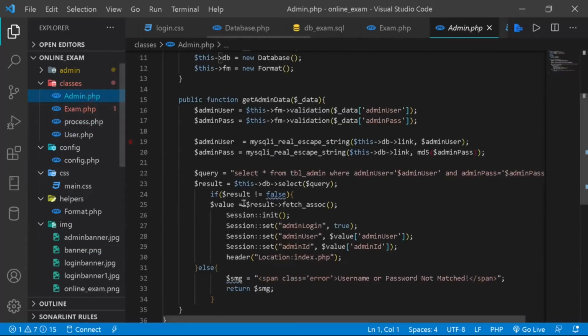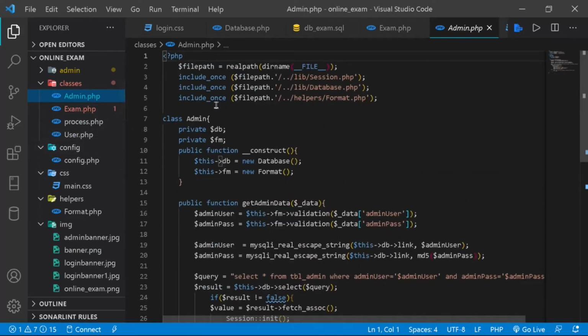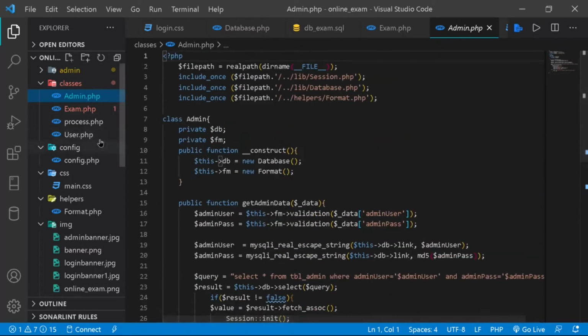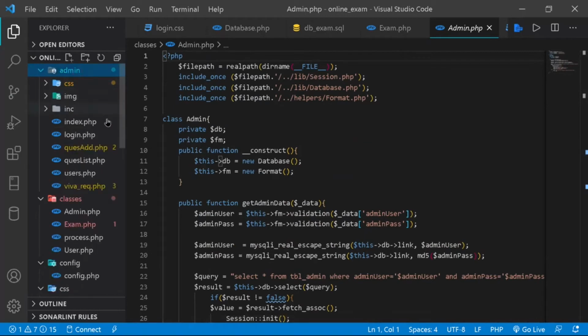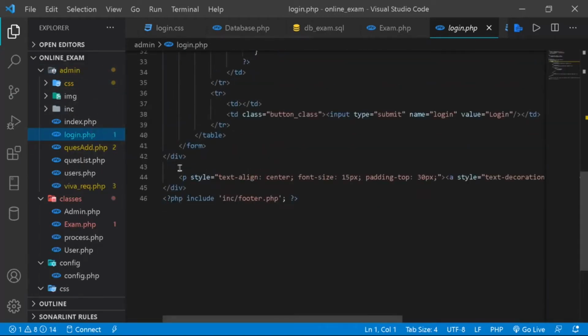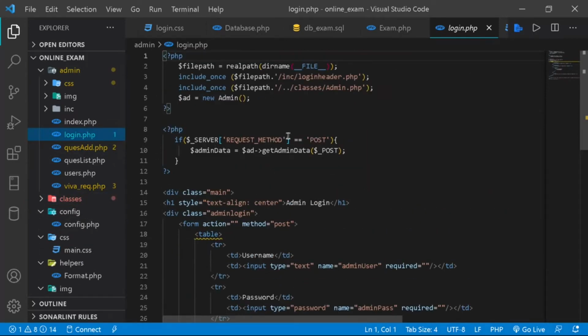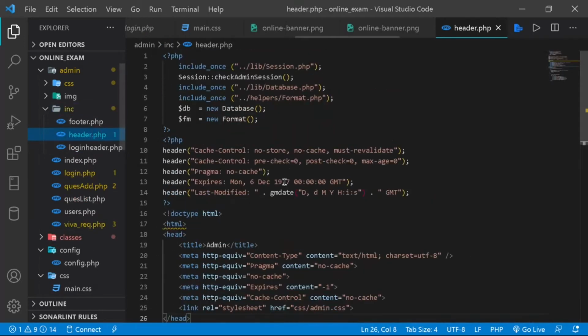So as I said, firstly I need an admin PHP. Of course I need admin PHP. Because firstly I'm starting here, and we have includes, starting header. I use sessions, check admin sessions in my project. I'm calling database classes, format classes, and all of them are